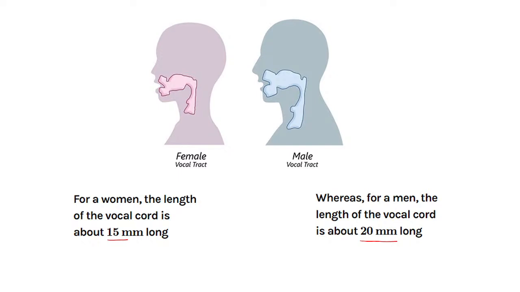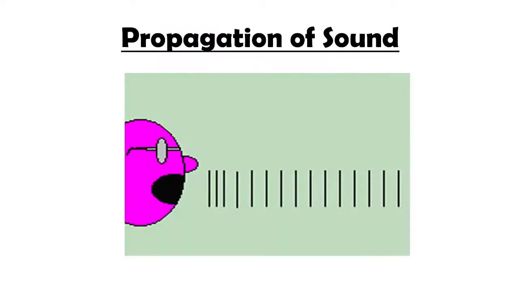Okay, in female and in children, the vocal cord is about 15 millimeter long. But during the adolescent period, the male vocal cords start increasing in length, and it may increase up to 20 millimeter long. And because the length is different, the quality of voice differs. Since I have told you 15 millimeter means 1.5 centimeter and 20 millimeter means 2 centimeter. That's the difference, and because of this 0.5 difference,